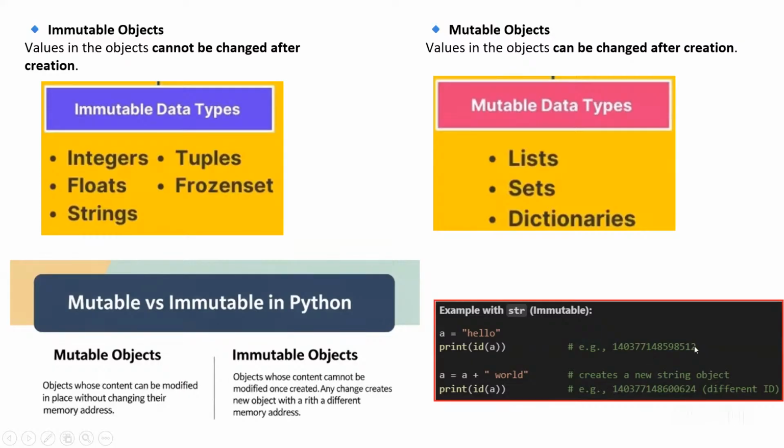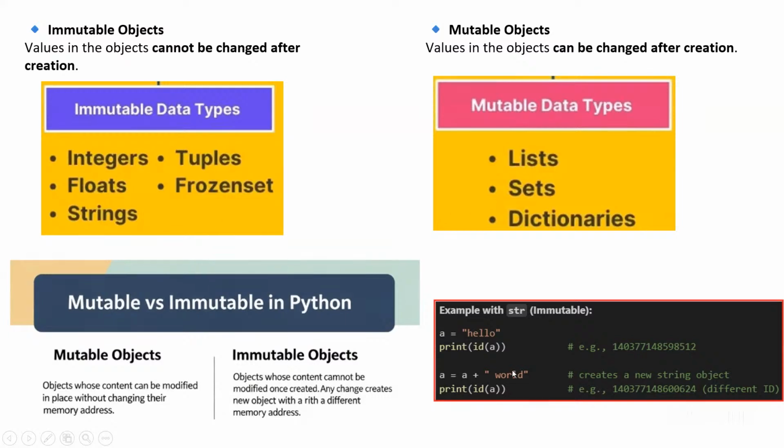Now, whatever address you are getting, there's a memory. As I said, Python assigns a memory and the value is stored there. How does Python know where it is? Because it gives a particular ID or address to that object. It stores it so that it knows where this particular value is. So mutable objects are those whose content can be changed at that particular memory address. If you do any modification, it will still be modified at that address, whereas for immutable objects, if you do any modification, it will create a new, different memory address.